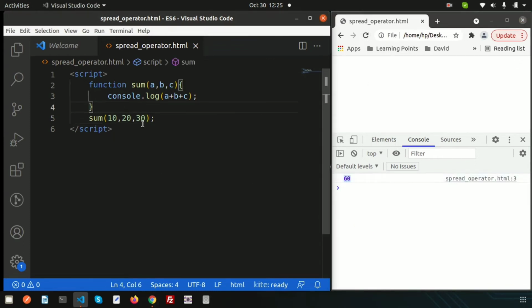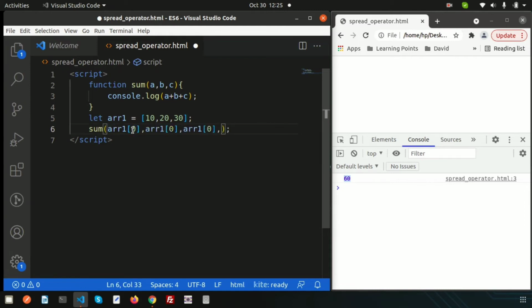Now let's take an array, suppose let array1, and inside the array we are passing 10, 20 and 30. And instead of these values we just pass array1 with the spread operator, so array[0], array[1], array[2].